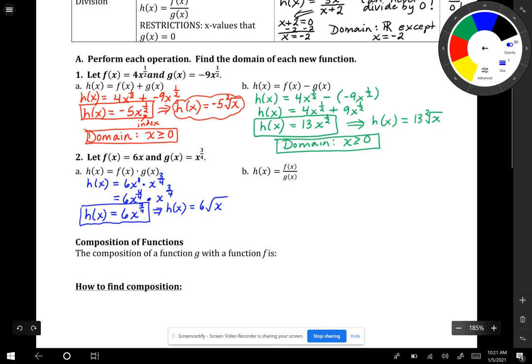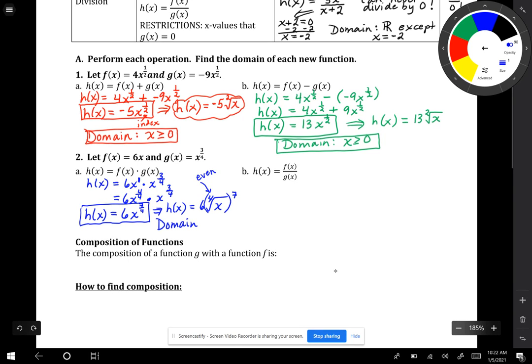And hopefully you remember from section 6.1. So the index is 4, and this goes in parentheses because the top number is a number other than 1, and that would be 7 here. And when the index is even, x has to be 0 or positive, because x cannot be negative or you'll have imaginary. So domain,